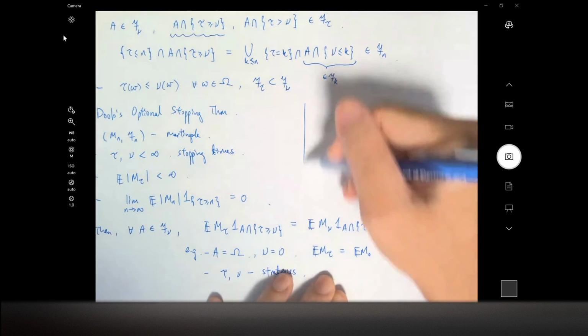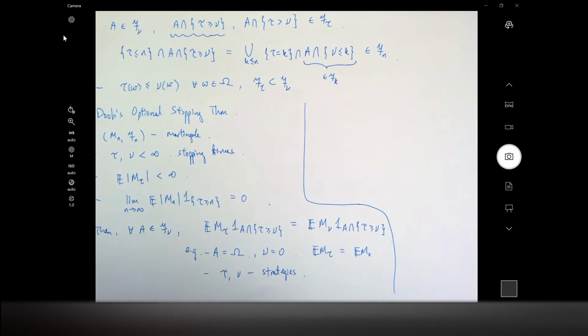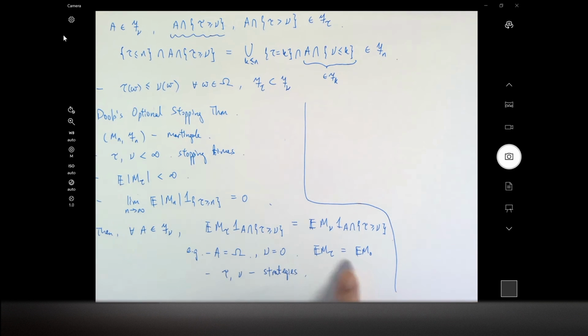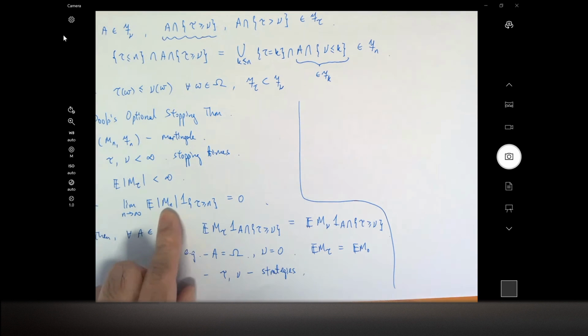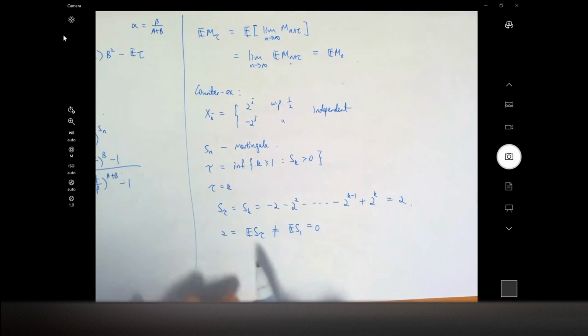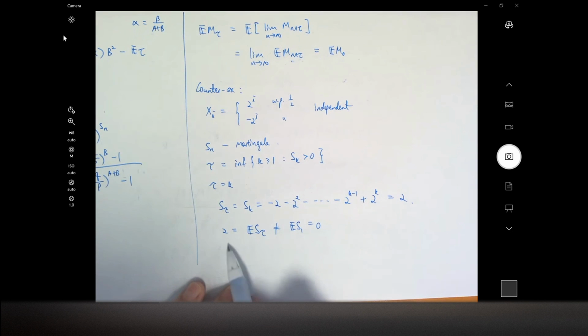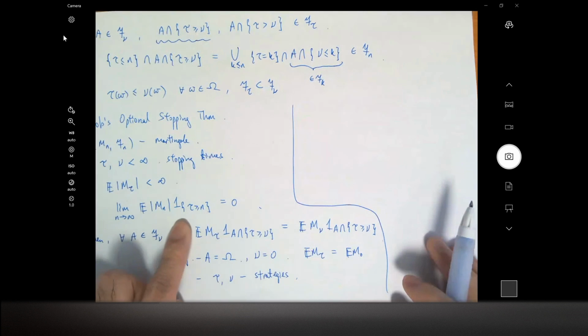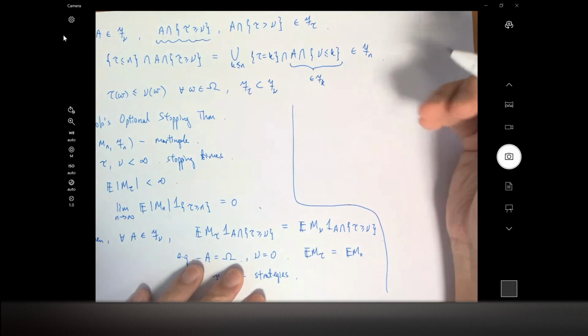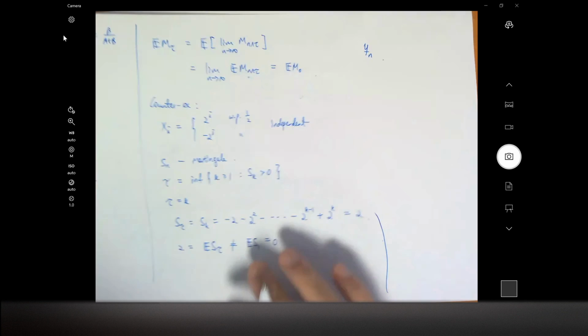Okay, so before we prove this theorem, let's go back to that counter example just now, to show why it's not true. It basically violates this condition over here. So remember this counter example that we have, the expectation of S tau is equal to 2, so it's not equal to 0. It's because it doesn't satisfy this condition. In this case,